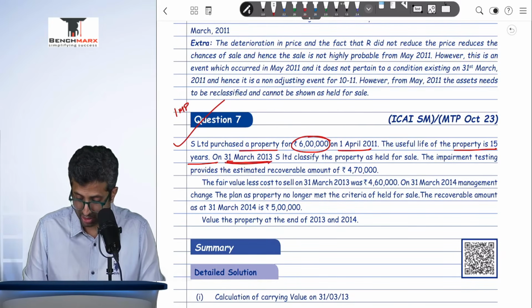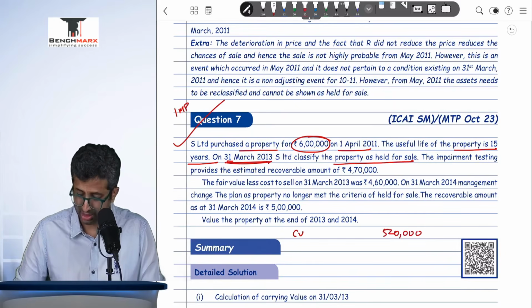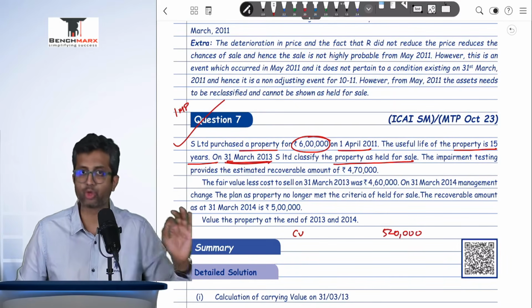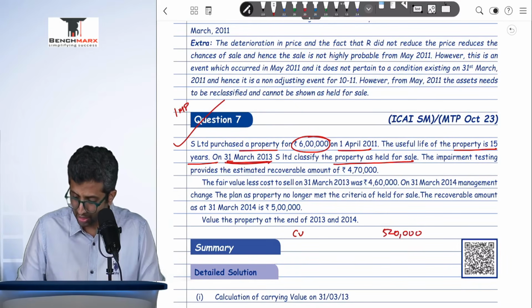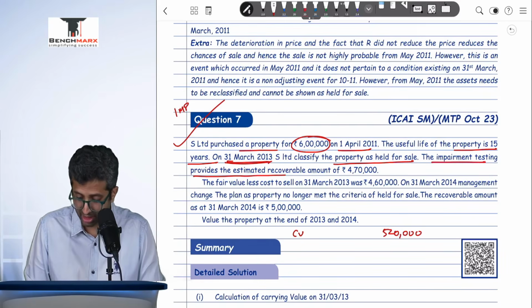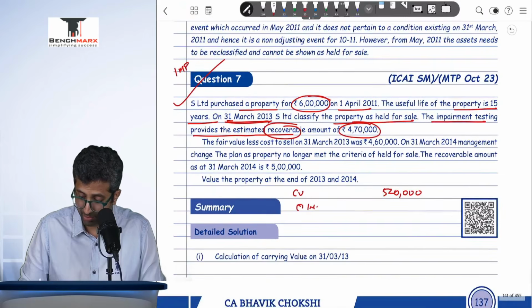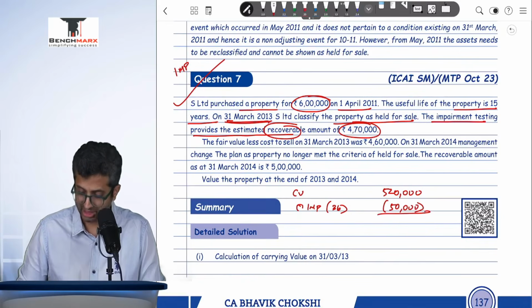On 31st March 13, that is after 2 years, S classifies the property as held for sale, which means the carrying value after applying Ind AS would be 6 lakhs minus 80,000. Can I say 5 lakh 20,000? Okay, this is 6 lakhs minus a depreciation of 80,000. This is 5 lakh 20. The impairment testing provides an estimated recoverable amount of 4 lakh 70, which means there will be an impairment under Ind AS 36 of around 50,000, that is 5 lakh 20 minus 4 lakh 70, and hence this comes to